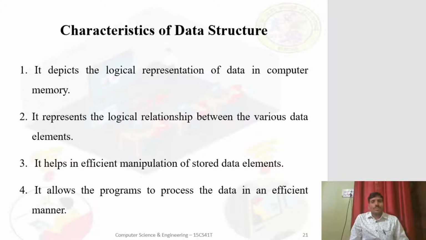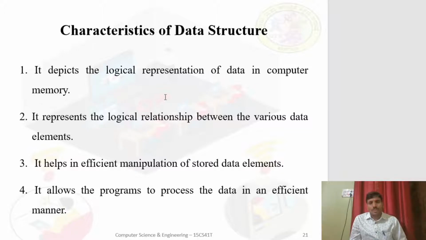Now let us discuss the characteristics of data structures. From the exam point of view, the characteristics of data structure is important. In exam, he may ask the definition of data structure. Along with that, he may also ask the characteristics of data structures. Okay, students. So focus on the characteristics of data structures.